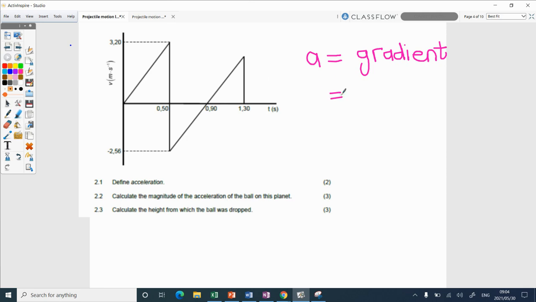Then you go and look. Where am I getting the gradient? You need to find places where you have the values, and you actually have it everywhere. So you could have done it for that line there, or for that line there. It really doesn't matter. I will just do the first one because it's got zeros in it. So it's going to be final minus initial, that point. We can use those 2 points, and you can do it.